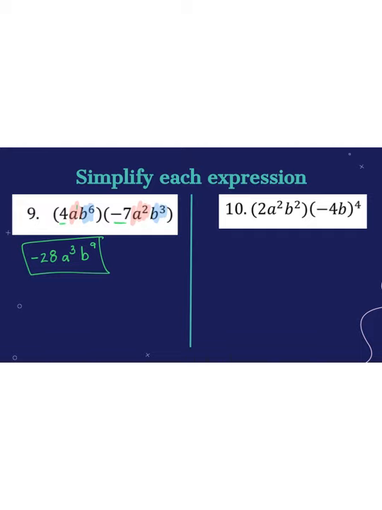Okay, number 10 gets a little bit more complicated. We have 2a squared b squared times -4b, and then that has that little exponent 4 on it. So this little 4 only goes to that second set, because that's the one the 4 is on. So we're just going to start by writing